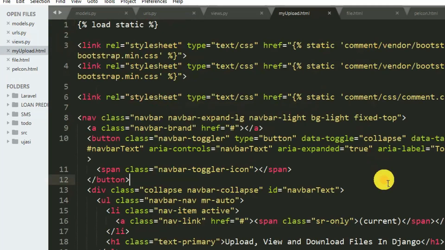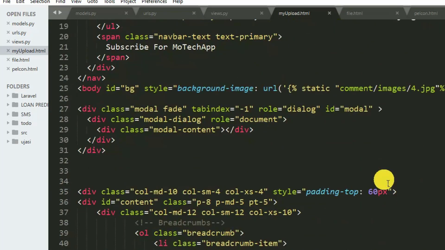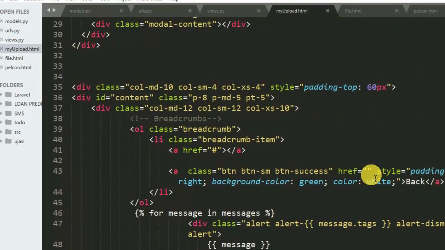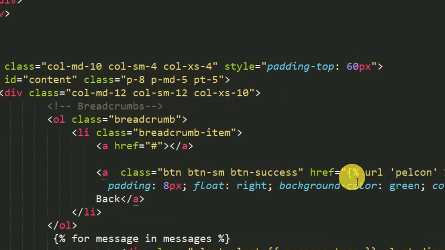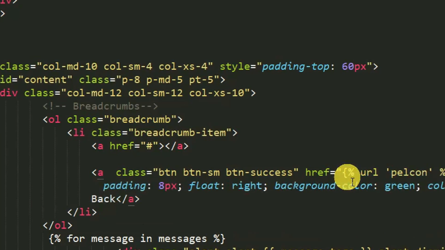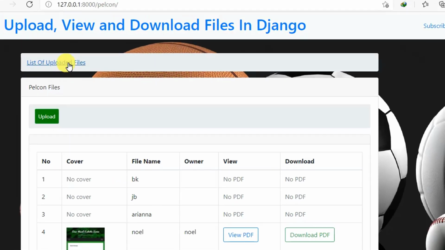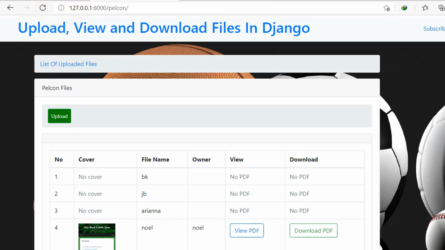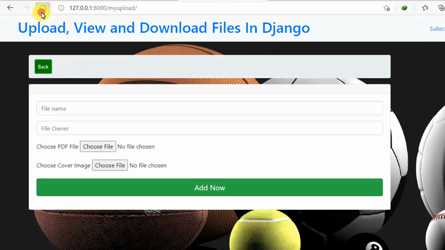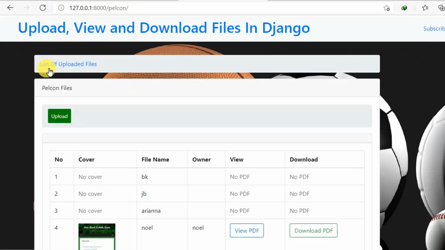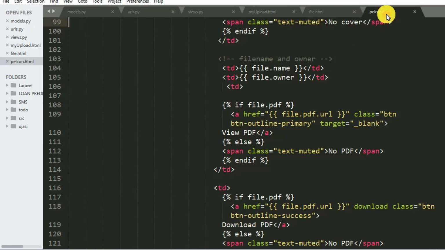Right. Then we should add here Pelcon. Control S. I'm 100% sure it will work. Let me refresh this. Once I click back, I'm on Pelcon, and here if I click upload, I should be redirected to the upload page. So on Pelcon,